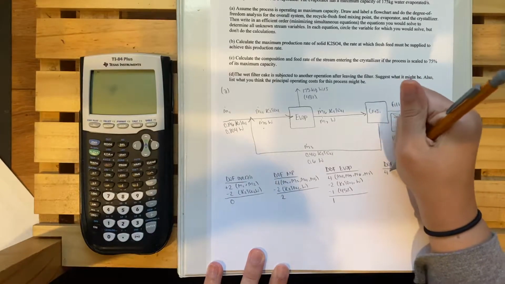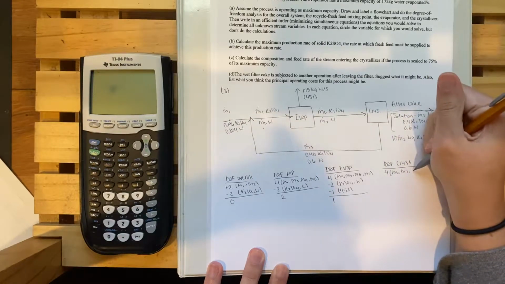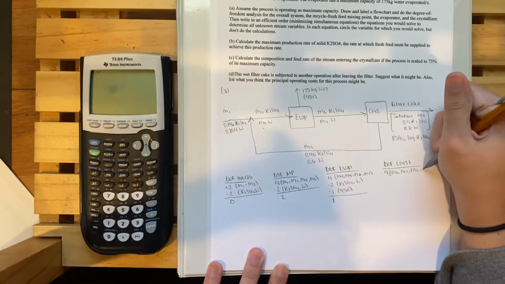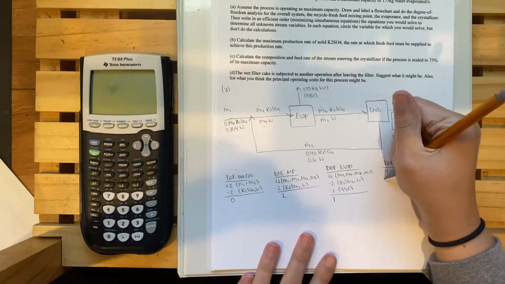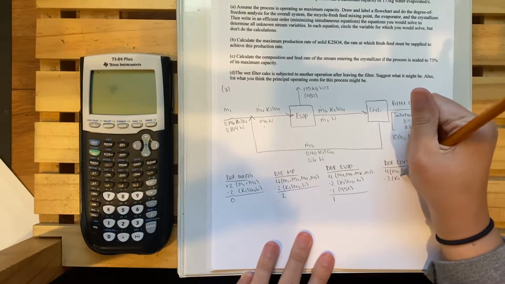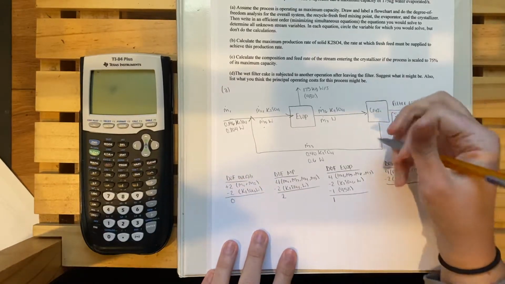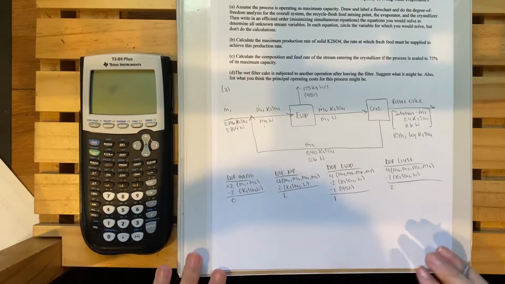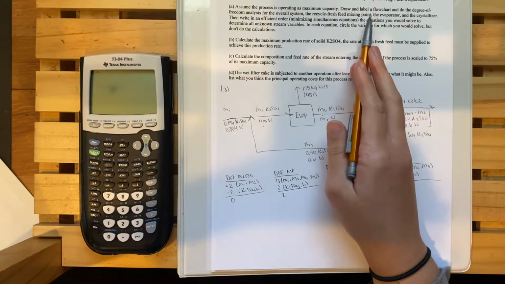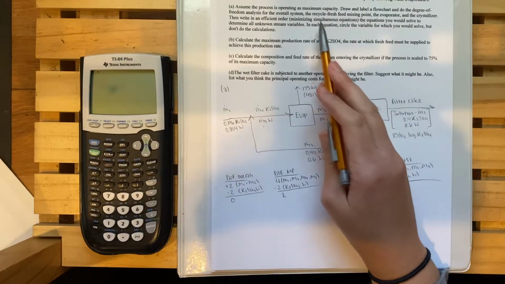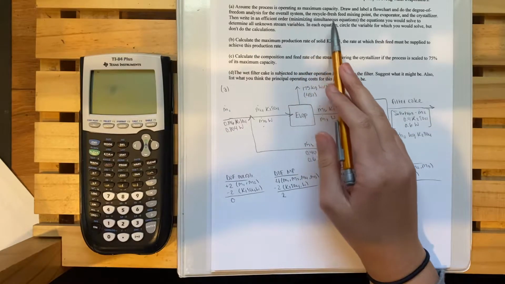We have 4 unknowns, which are M6, M7, M2, M3. We can do 2 balances again, K2SO4 and water, and we have a degree of freedom of 2. So what we're asked to do here is draw a labeled flowchart. We did the degree of freedom analysis. Now we're going to write, in an efficient order, which means minimizing simultaneous equations,